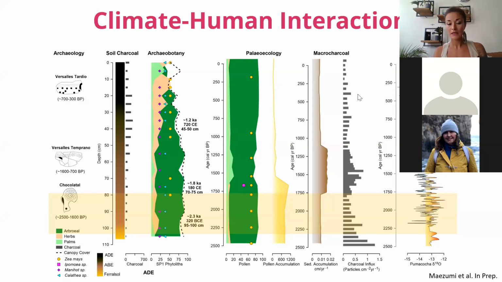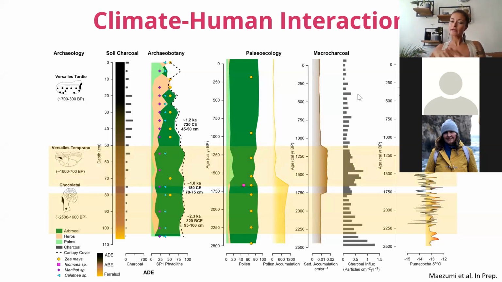around the lake. So moving forward in time, we're going to look at that Chocolotal phase, and we see that as this ceramic phase enters into the archaeological record, we have the presence of maize, we have calathea and manioc being cultivated as well, both around the lake and at the archaeological site. Now, there's a really interesting change in the cultural tradition up into this Versailles Temprano period, where we have an